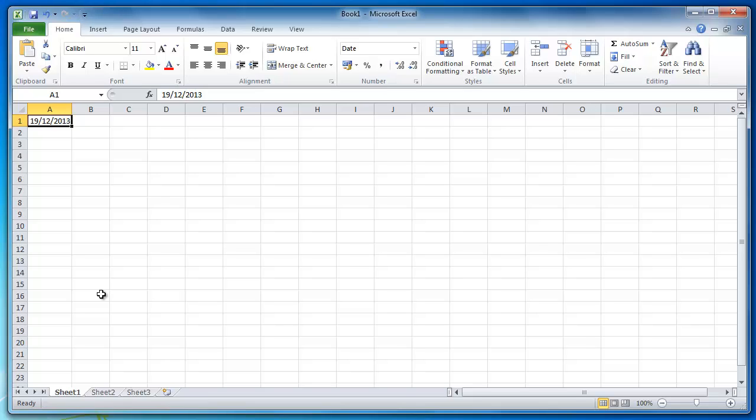If we wanted to add a number of days to that, it's quite easy to do so. And this is good to do with the dynamic date as well. So if I wanted to add a week to that, I'll go to a different cell. I can do equals, and you can see here again it shows general as the format of the cell. If I do equals and then click on the cell that holds the date,